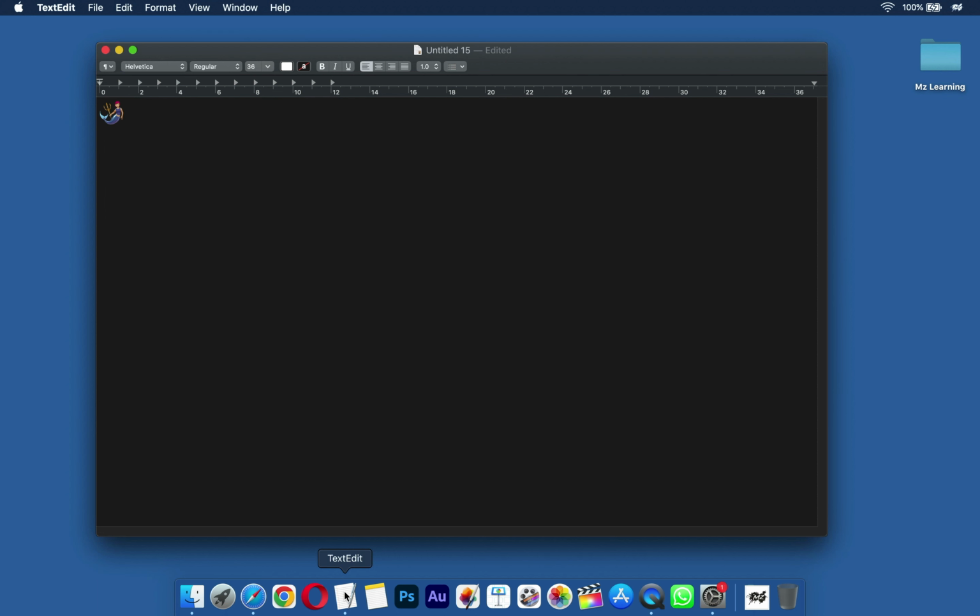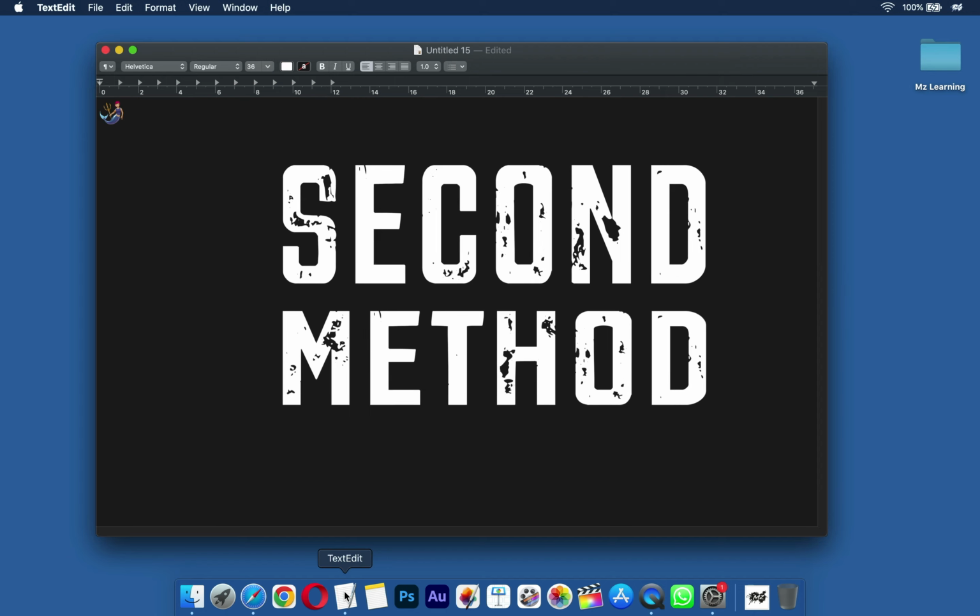Friends, this method is extremely helpful if you want to install some new or some of your favorite emojis on your Mac. But if you want to use all of your Mac emojis just by typing and add them at once in your text substitution field, then use this second method.